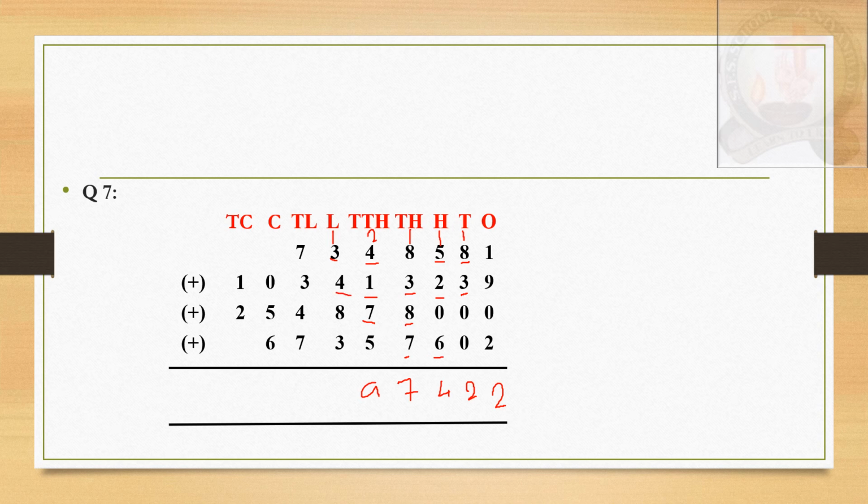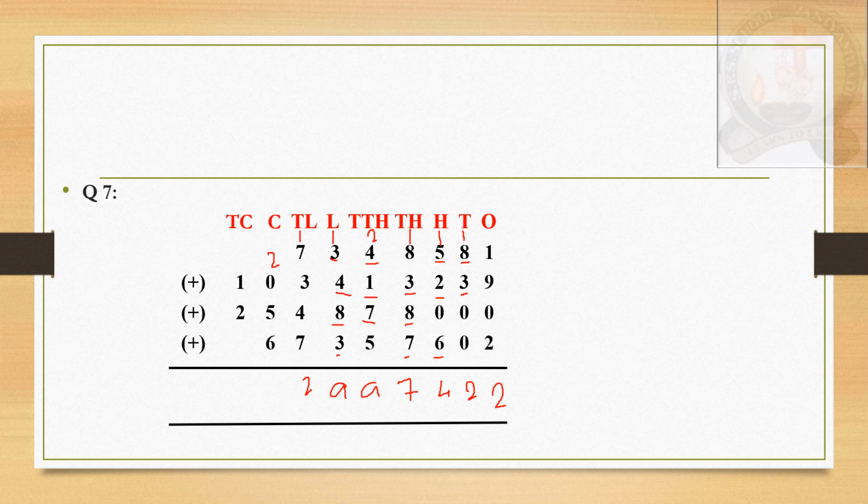So 1 plus 3 is 4, 4 plus 4 is 8, 8 plus 8 is 16, 16 plus 3 is how much, children? So 19 again. So write 9 again and carry 1 to the next digit. So now 1 plus 7 is 8, 8 plus 3 is 11, 11 plus 1 is 12, 12 plus 7 is 19... for 22, write 2 and carry 2.